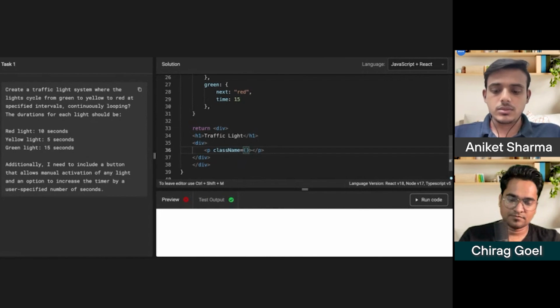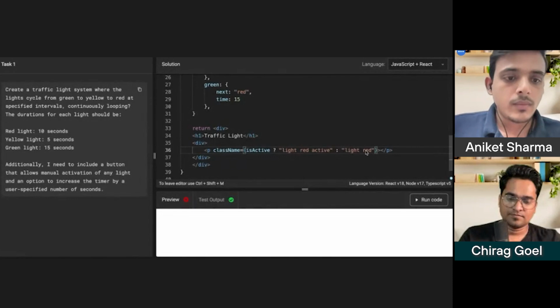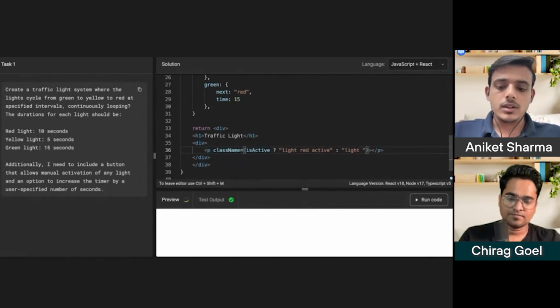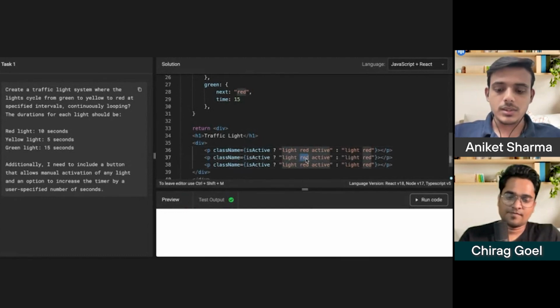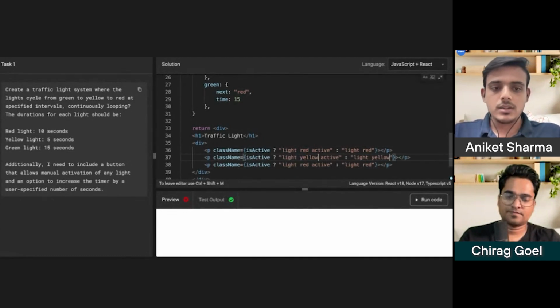If it is true, then the default one, then the red, and if it is not, then only the default light, and also the active here. Do we need it? Yeah, we do need the red one as well, because we need to show the red dot active. So we will do the same exercise for yellow and green.